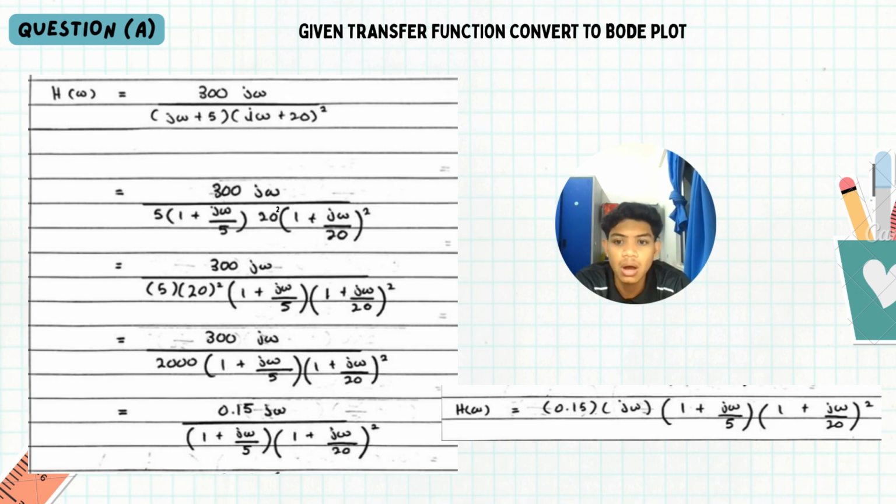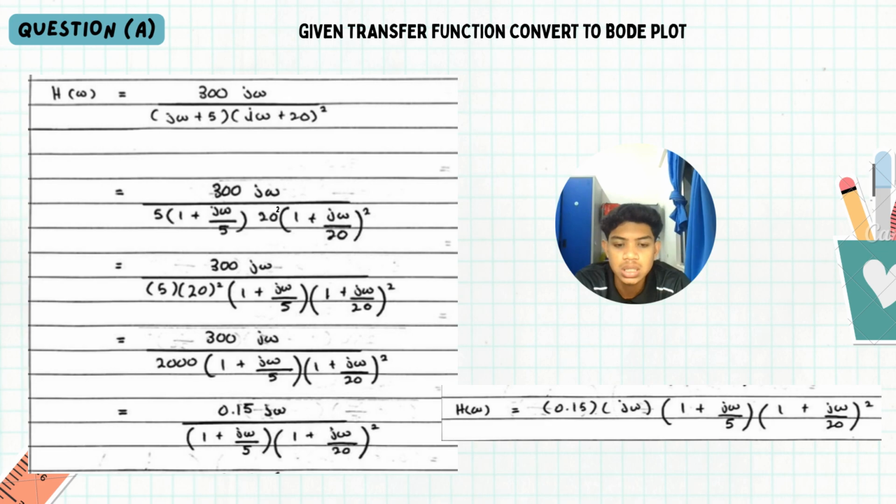To standardize this, we factor out the constants. First, we pull 5 out of the first term, giving us 5 times (1 plus j omega divided by 5). Next, we pull 20 out of the squared term. Because of the exponent, it comes out as 20 squared, or 400, leaving us with (1 plus j omega divided by 20) squared inside. Now we simplify all the constants in the denominator. 5 times 400 gives us a total constant of 2000. To find our final Bode gain, which we call K,